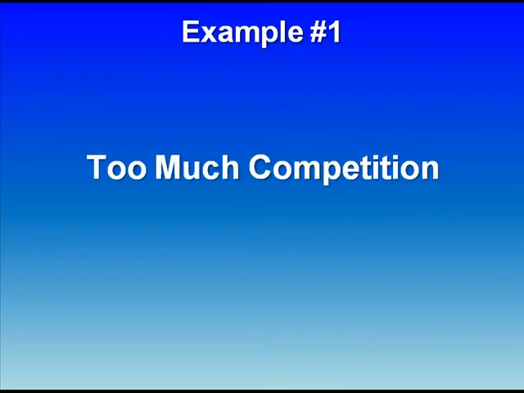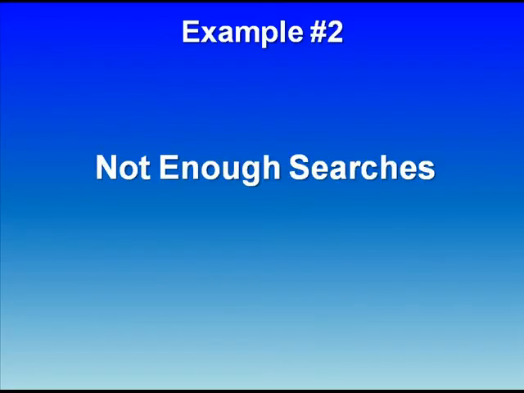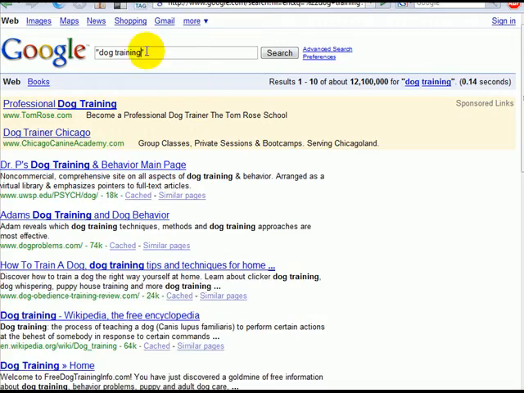Essentially, it talks about two situations that you want to avoid, and the first one would be having keywords that have too much competition, because this essentially means that you will not be able to rank high enough. The second problem is if there are not enough searches. So going back to what I suggested before, if I tried to make my lens about something like dog training in Chicago